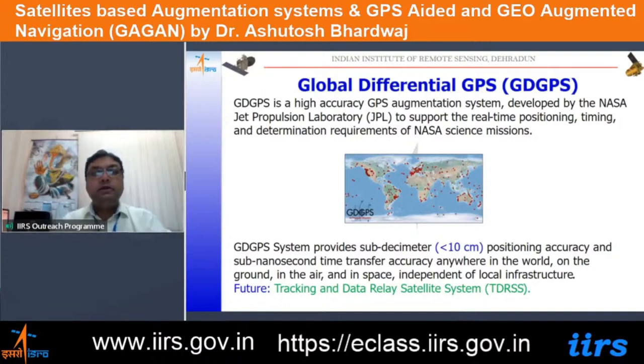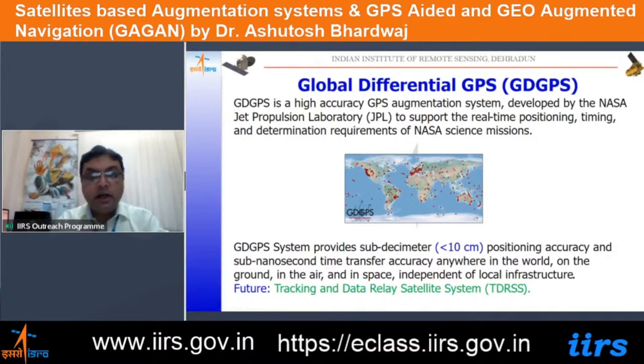Then there is a GDGPS system, which is a high accuracy GPS augmentation system developed by NASA JPL to support the real-time positioning, timing, and determination for the NASA science missions. So this does not require any independent local infrastructure. That is the advantage of this system, and it is capable of giving sub-decimeter level of accuracy. So that is the kind of development which has already taken place,